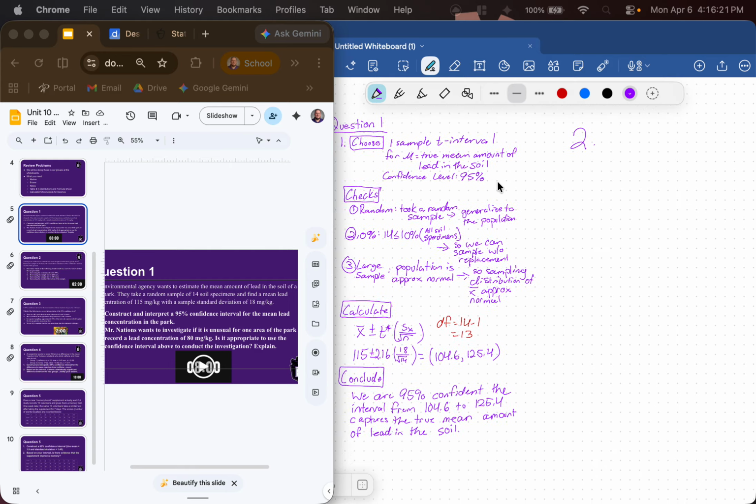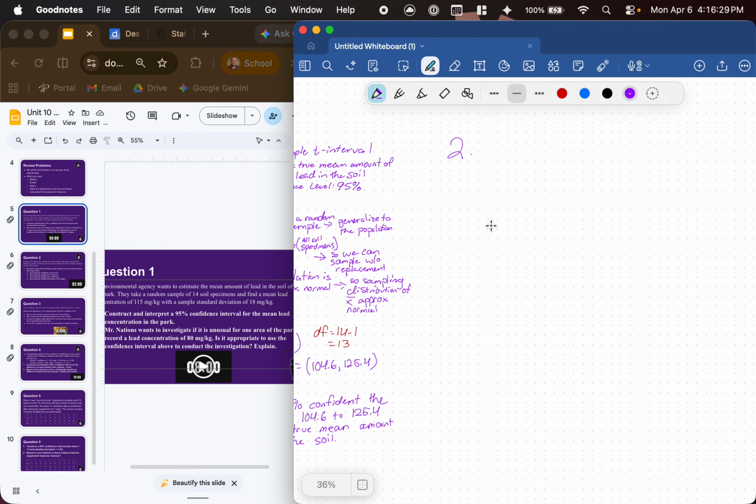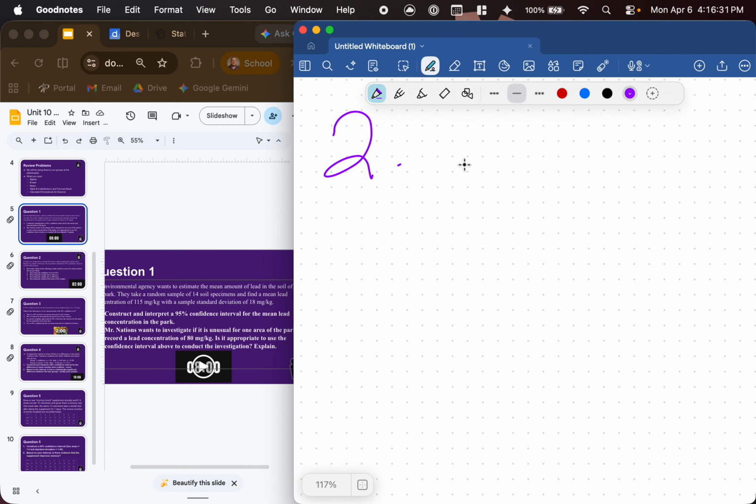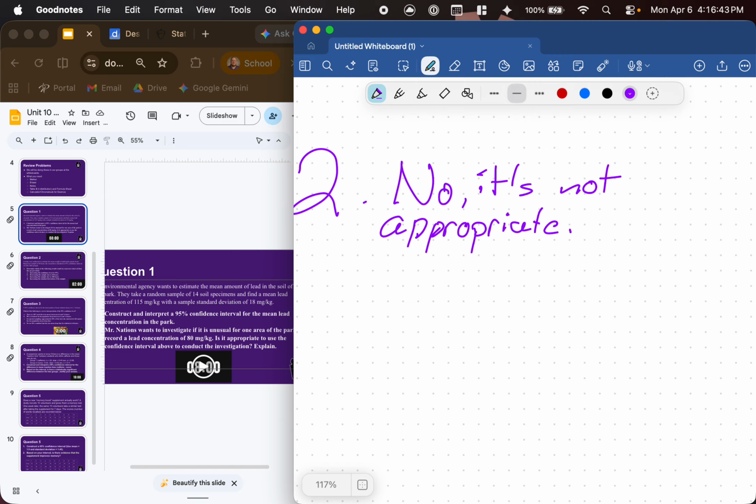What do confidence intervals tell us? They just tell us the interval that we believe captures the true mean amount of lead in the soil. We can't really do any investigations here. So what we should say is no, it's not appropriate. But the question becomes why? And I think the easiest way to explain why, like if this were an AP test question,